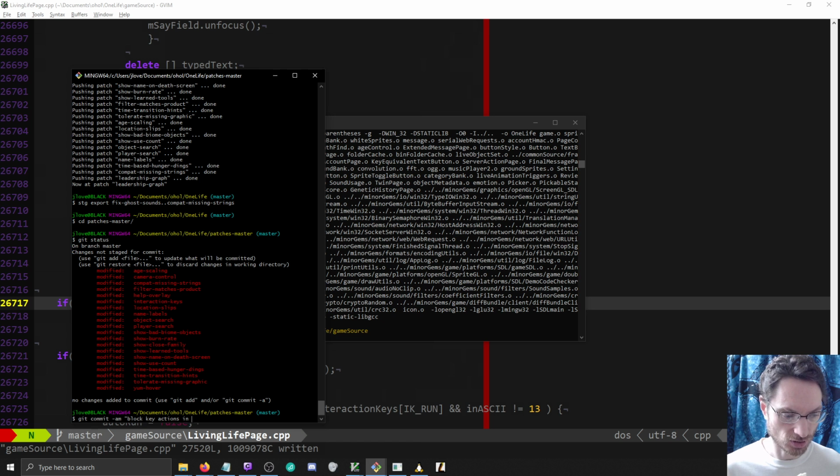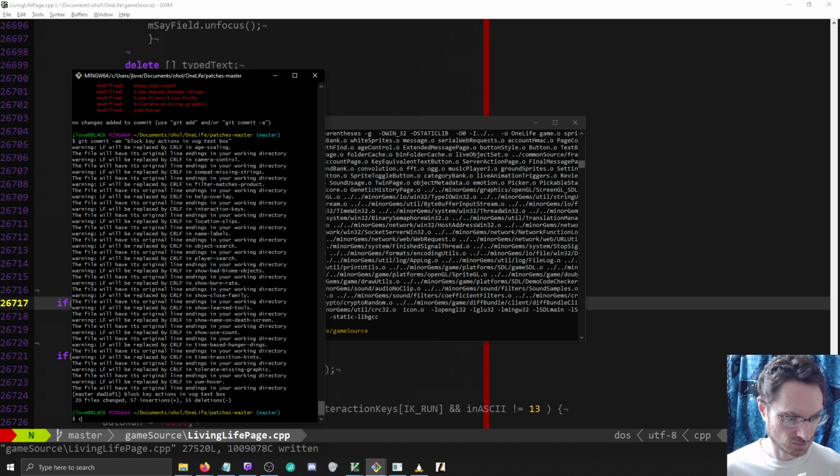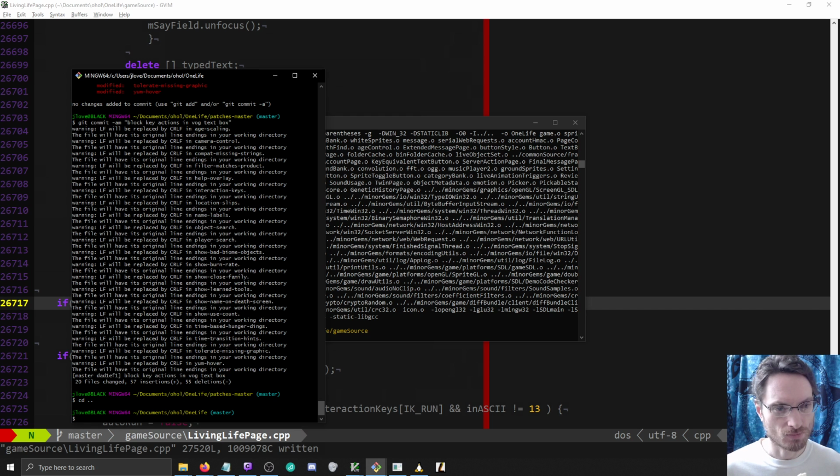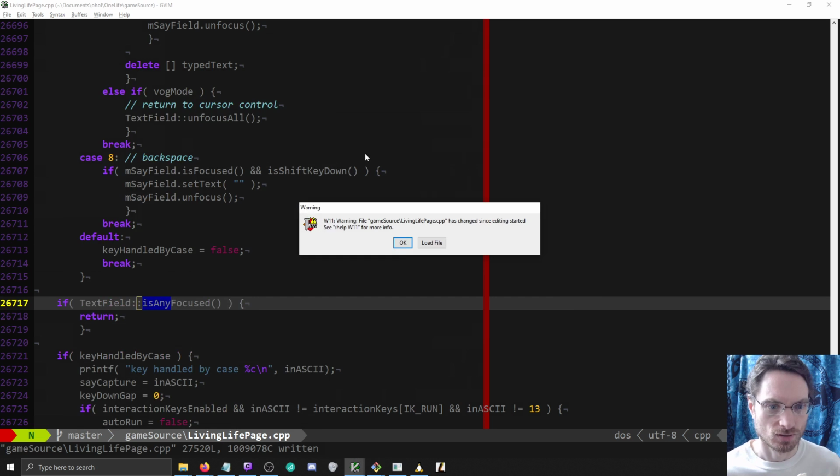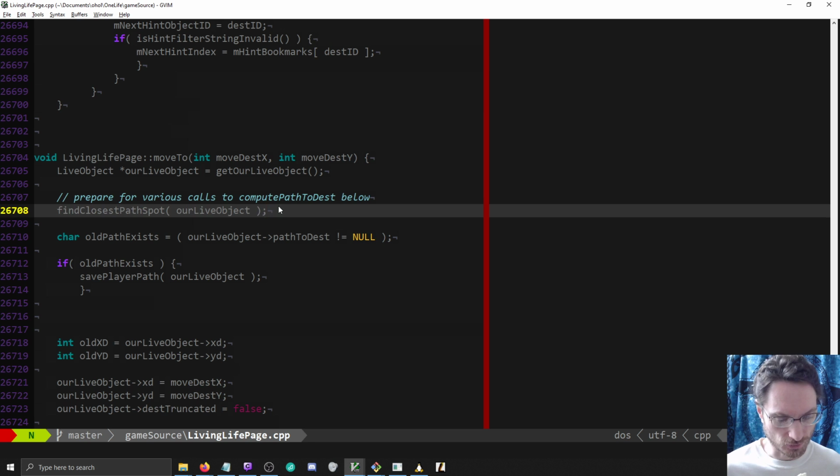Key actions in log text box. All right, and from there,